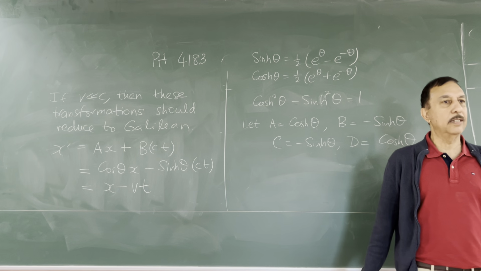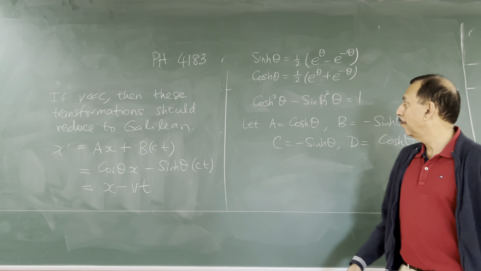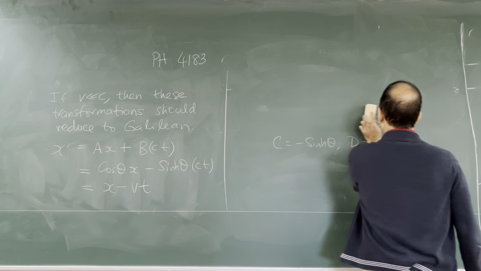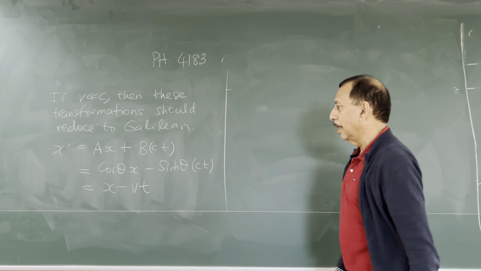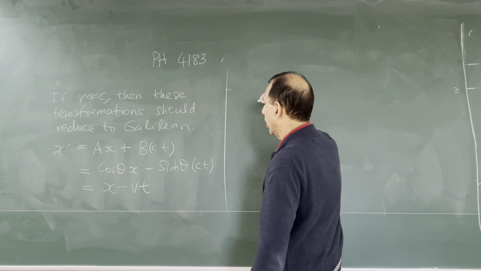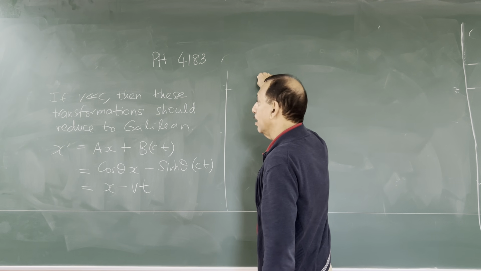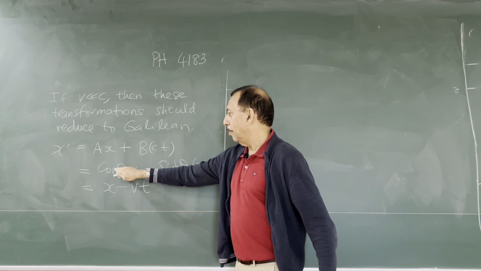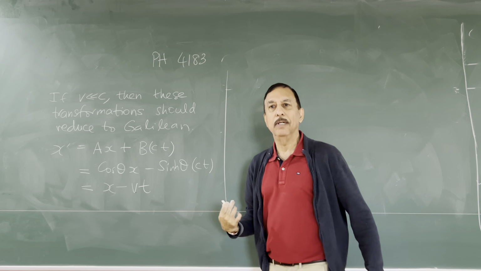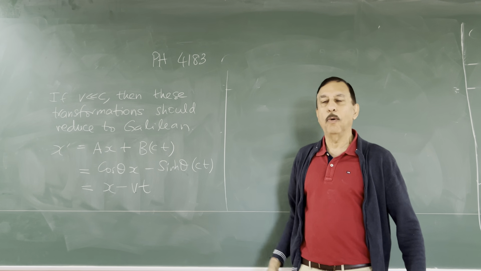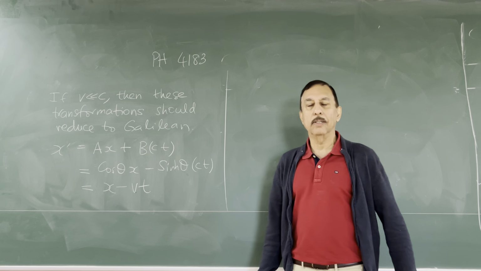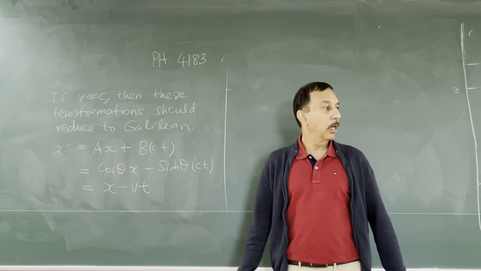For v sufficiently small, this should be true. And now we are in good shape, because we can assume v is small, but also theta should be taken to some limit for this to be true, right? Because it's a small transformation, and it's clear that theta should also be taken small, because I told you that when theta is 0,